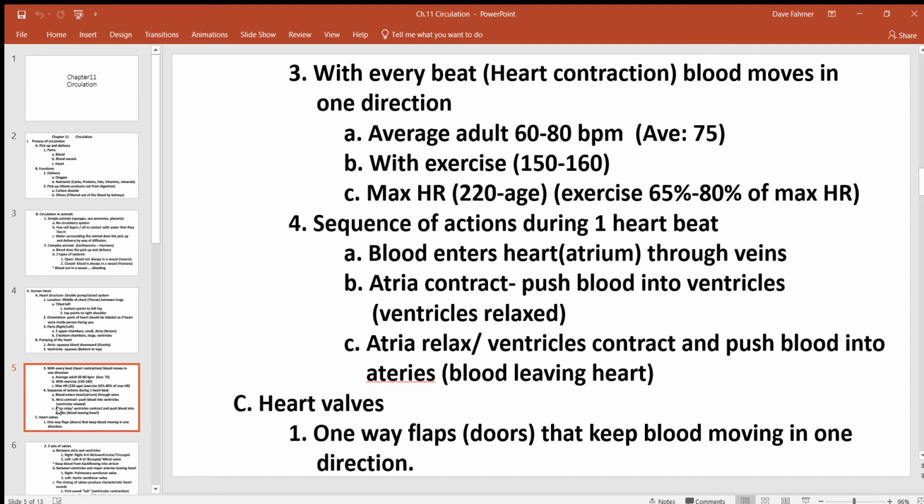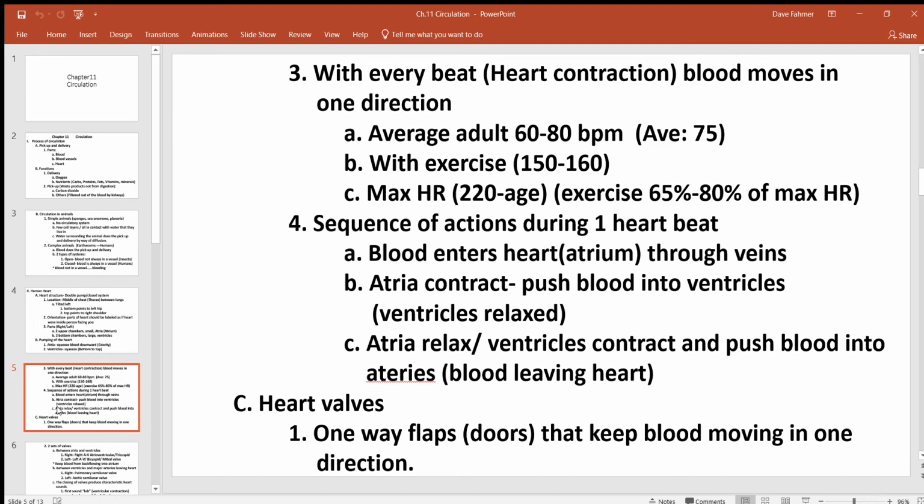So the average is anywhere between 60 and 80, somewhere in there. And the average is what it is. It doesn't mean that you're ill because yours is 10 higher than mine. It just means that's the way yours is. Now, with exercise, the heartbeat can get way up into the 150, 160, even 170, 180 range,